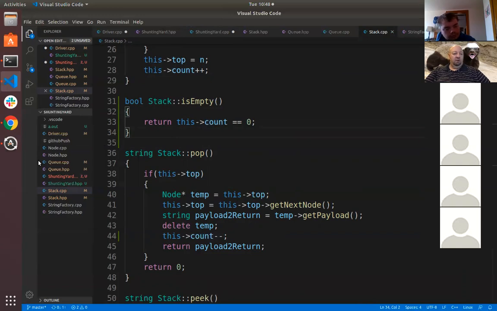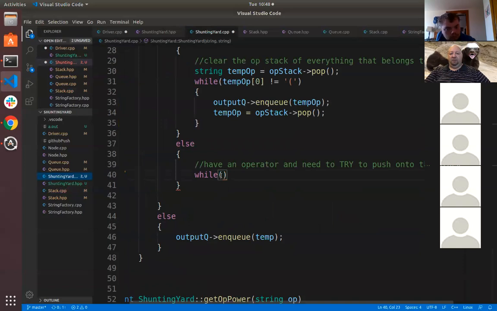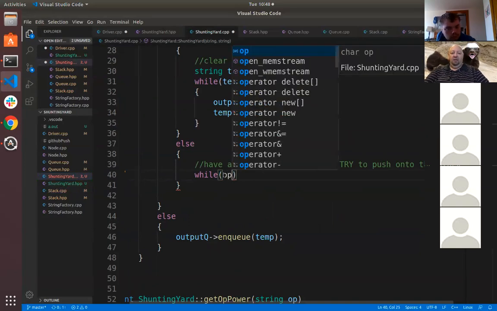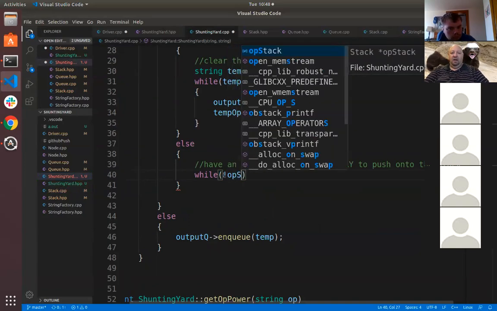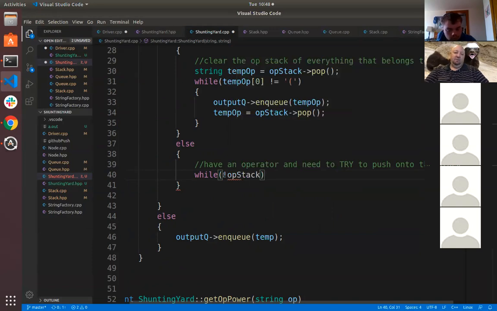All right, so we just added that little ability onto stacks so we can ask the question here. So I want to say while not opStack is empty. So while it's not empty